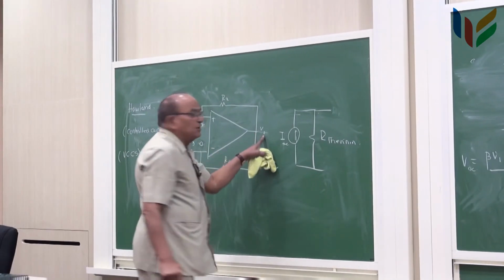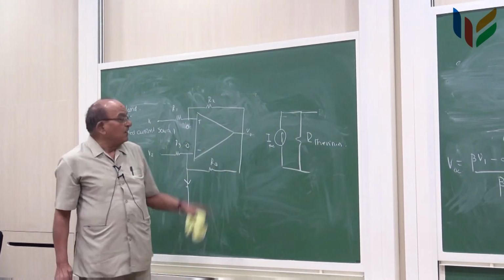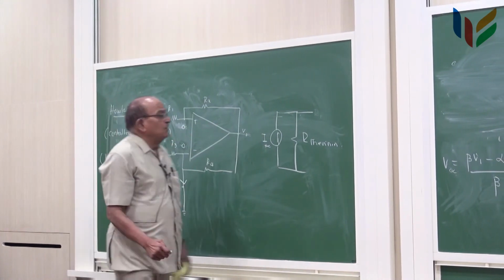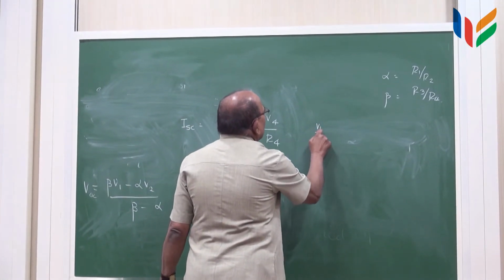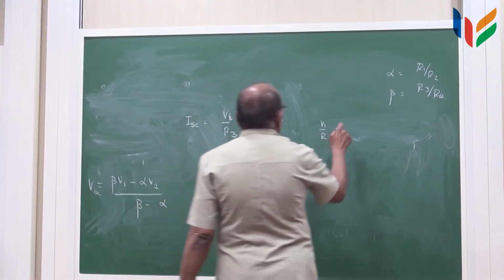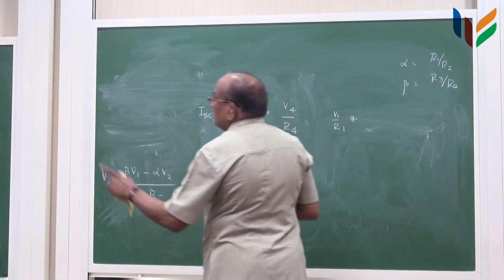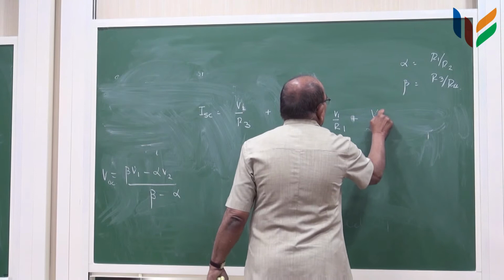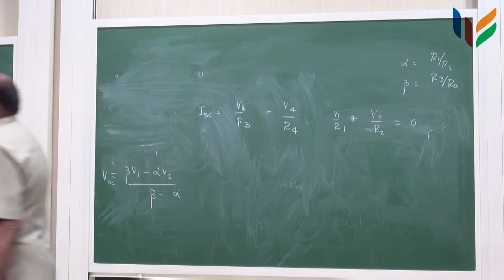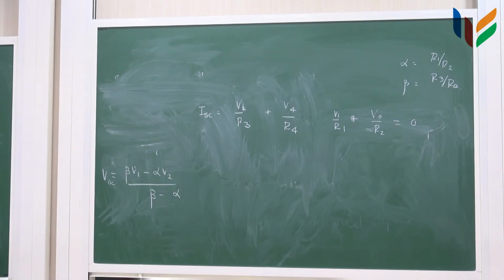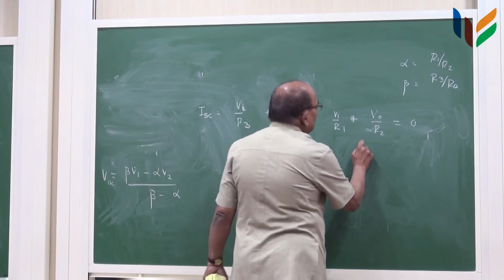Only thing now I don't know what is V0 to get my ISC. That we can write with another expression here. V1 by R1 is equal to, second node equation. At this point, this current adding on to be equal to 0. So from here V0 is equal to